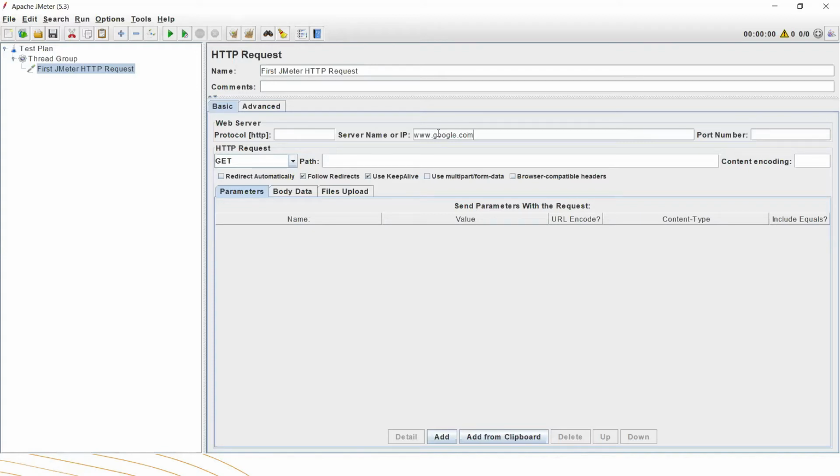This is my base URL, the server to which my request will be sent. If there is any port, you can give the port number over here, and by default it will be HTTP. If you want HTTPS, you can set it over here. So this is my server detail.